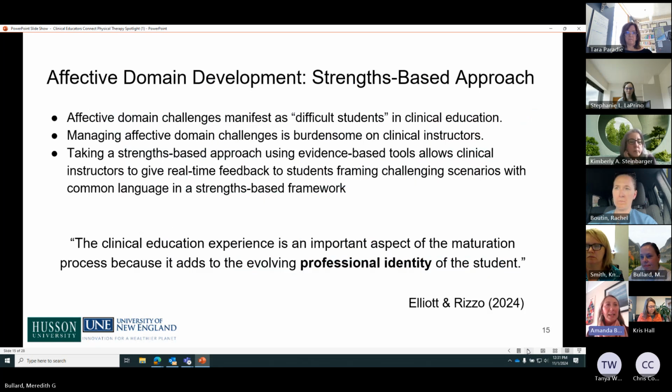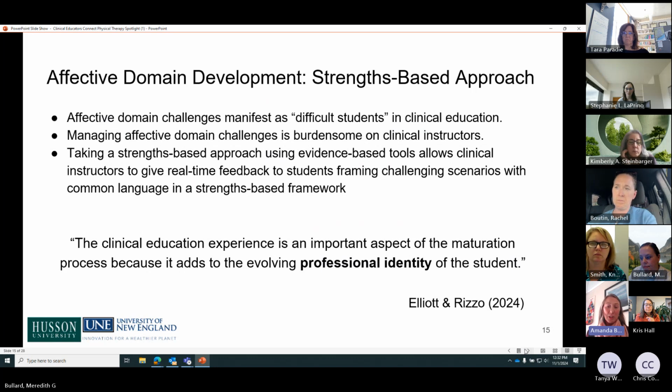And so by taking this strengths-based approach to addressing the affective domain, this is going to help make sure that those gears within the Master Adaptive Learner Framework are moving and not essentially getting stuck. And when we say stuck, we essentially mean problems with performance or problems with learning. So this helps